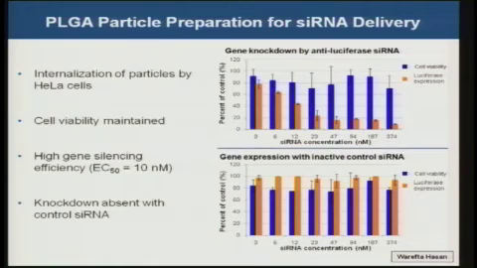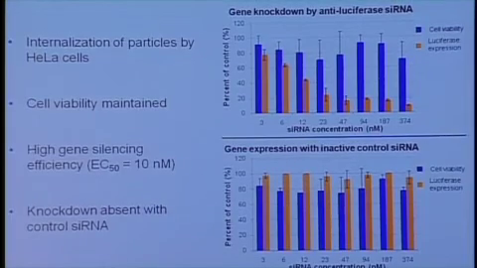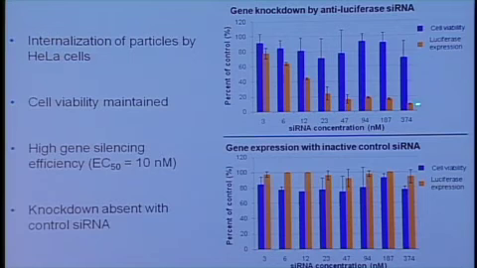These are luciferase-expressing HeLa cell lines. We're getting into sort of single-digit nanomolar EC50 values, delivering siRNA relative to our controls. And we think we can do this with a wide variety of systems. We think we can do this with a wide range of different types of particles, and we're beginning a range